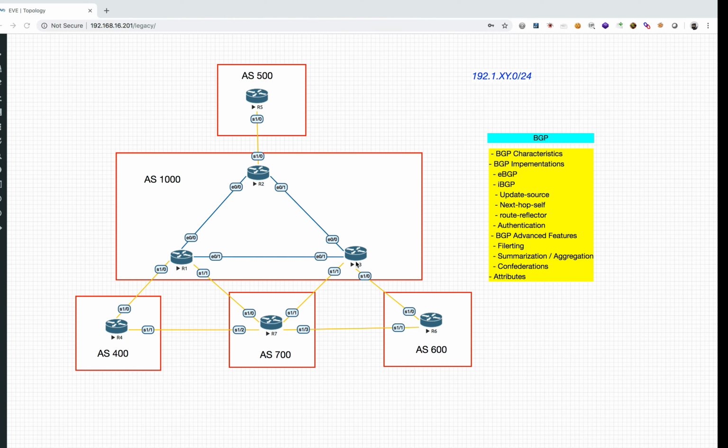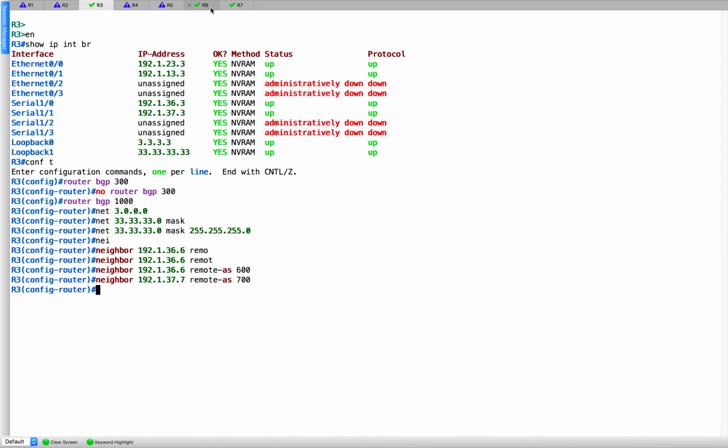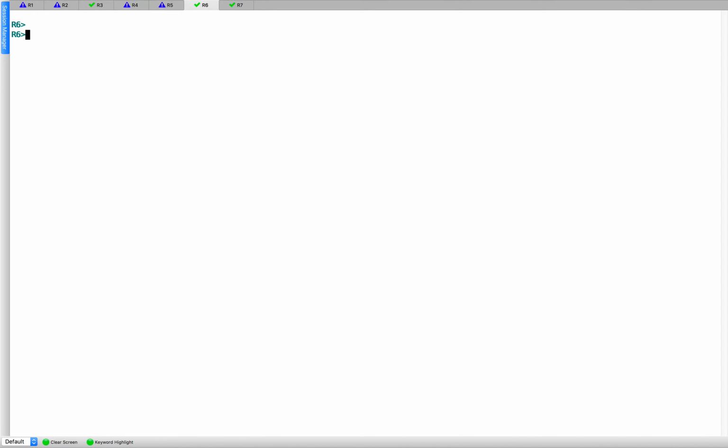Let's go and do the same thing on, say, R7 now, or R6. Let's do this on R6. Right, on R6 we'll do the mechanism which I showed you earlier using this access list, right? I just want to repeat this so that you get used to it, right? So let's say 6 network, right, and we're going to use obviously